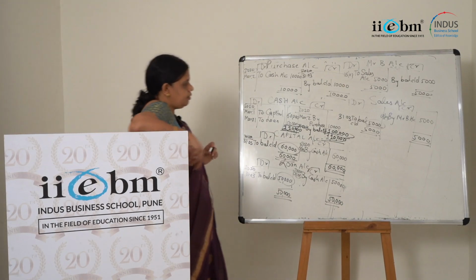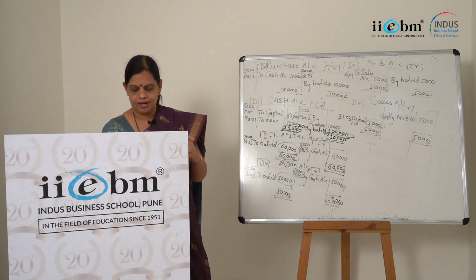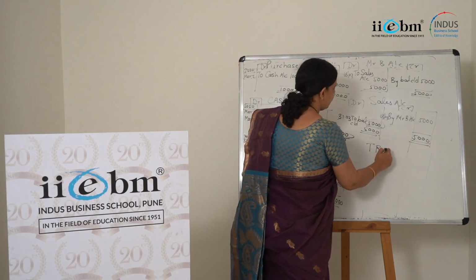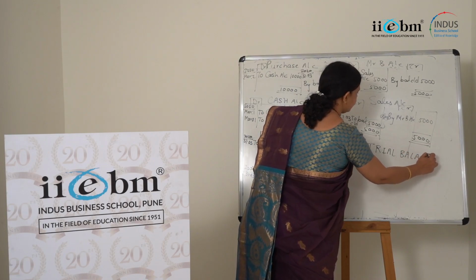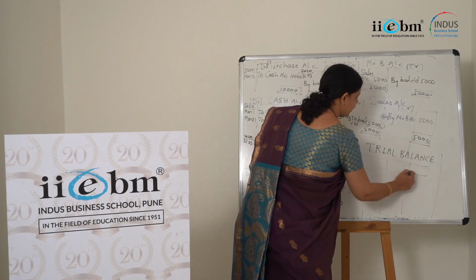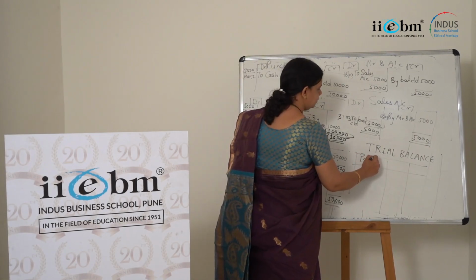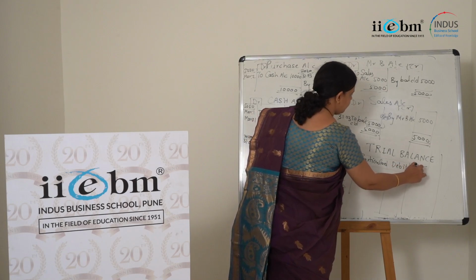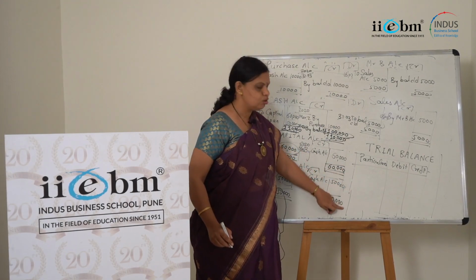Now I will make one statement which is known by the name of trial balance, and in this trial balance I will show all different ledger accounts. Trial balance, as the name indicates, it is the statement showing balance for different ledger accounts. It is usually divided into 3 columns. What are they? Particulars, debit and credit. First you write down the names of different ledger accounts which are made.